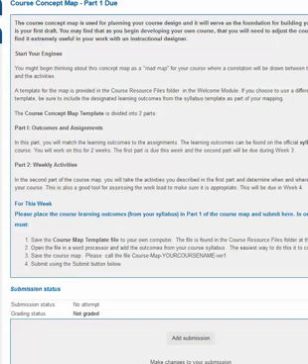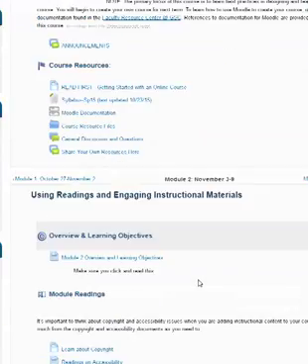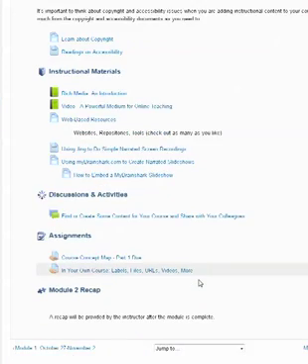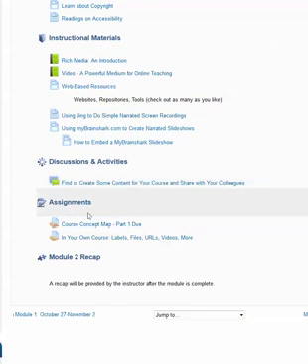So coming back here, the information that you get out of your discussion is going to help you build this. And here in your own course, you're going to be working with labels, files, URLs, videos, and other aspects. So there's a lot going on this week, but it's a fun week. And if you have any questions,